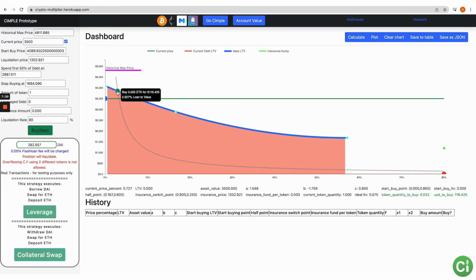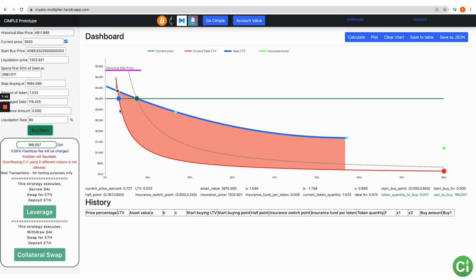So what this is doing is saying to buy some, right? But it's not buying the full amount that you can to get onto the curve. Now the reason why you might want to do that, and I'll just do a fake one just to show you, is that it creates an intersection point, okay?